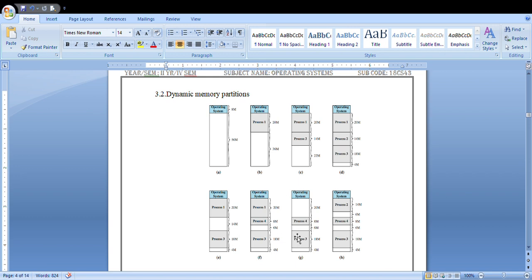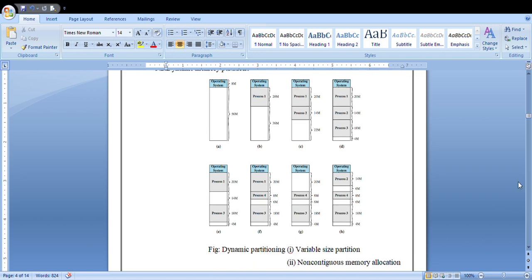Next four diagrams predict the non-contiguous partition. What do you mean by non-contiguous memory allocation? It is nothing but if in between it is not continuously or sequentially dividing the process, or it is not sequentially allocating the memory space for each and every process.